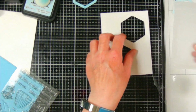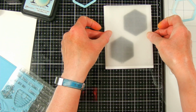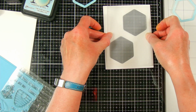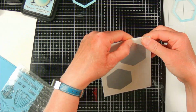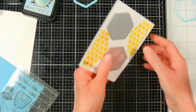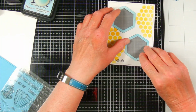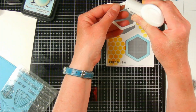So we took pictures of those special events that occurred, and then I had them make photo albums, and I used this tape to tape them together. So it did hold up very well. I don't know how it does over time, but just to let you know, this tape does seem to work very well. Then I just used my Nuvo Deluxe glue to glue my frames into my little window, and I